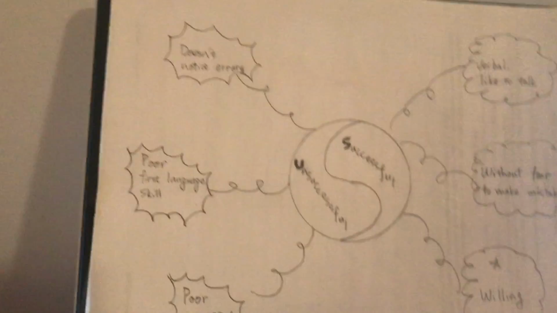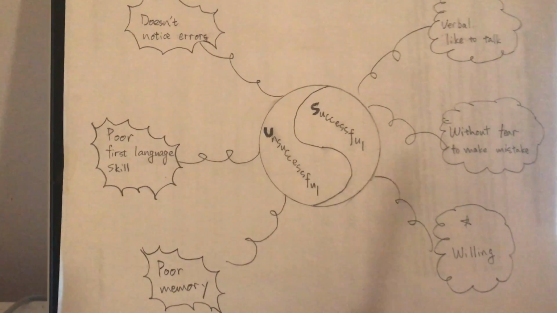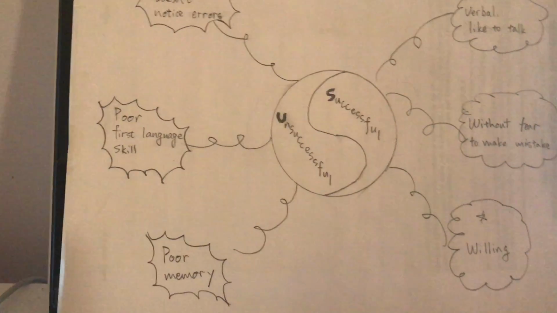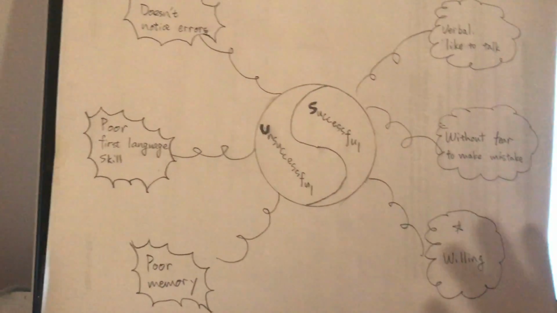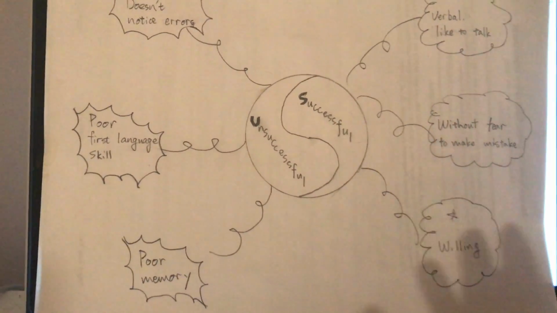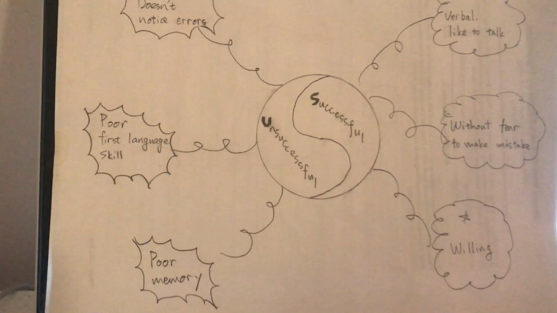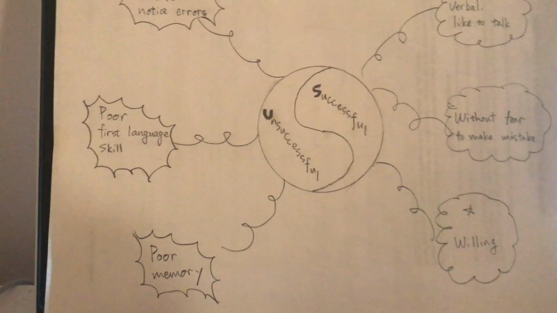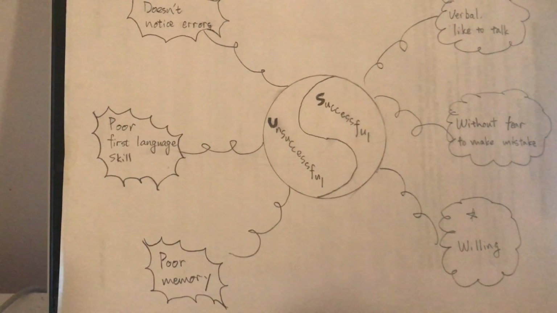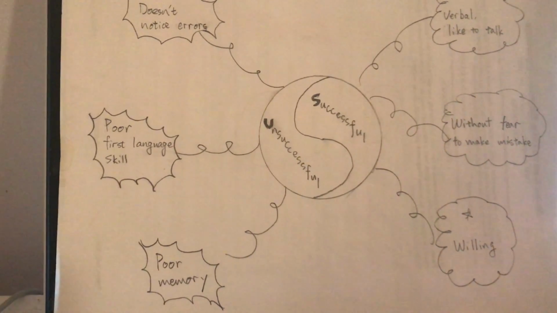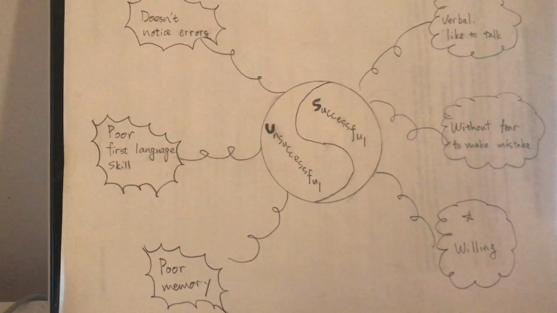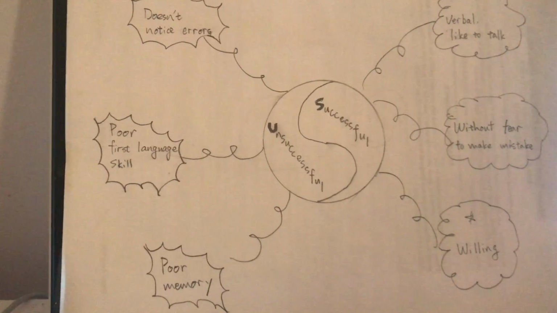Willing. Okay, so after talking about something about successful, we will talk about unsuccessful now. There are many predictors to predict unsuccessful students. If the students have such characteristics, we can predict that they may become unsuccessful students. And I select three of them, the most obvious predictors that we can find from the students to predict.